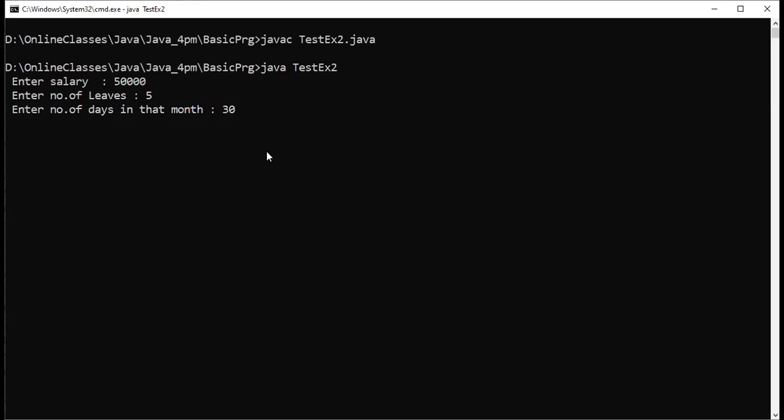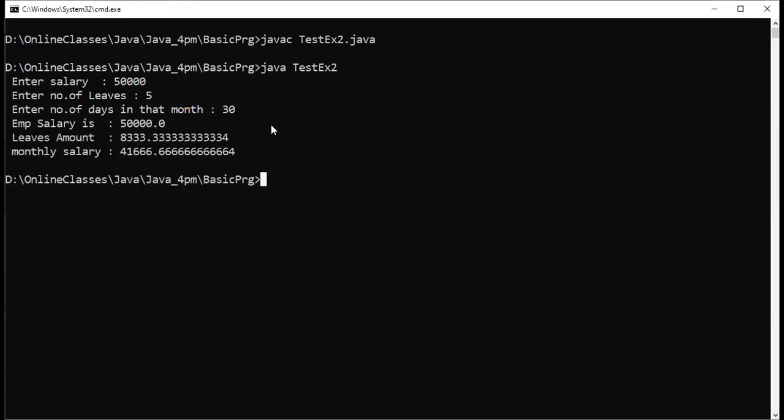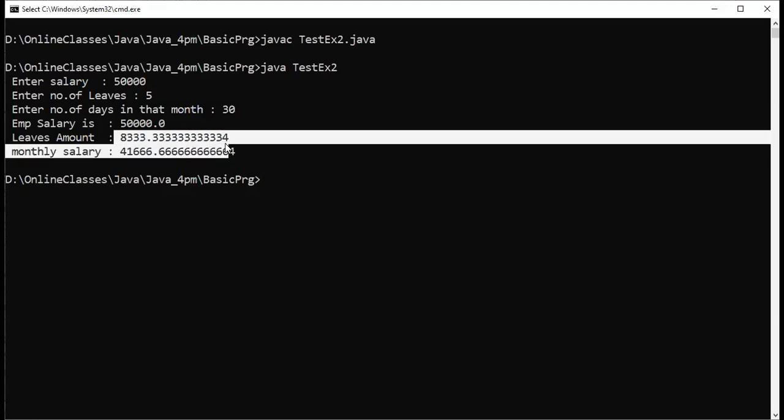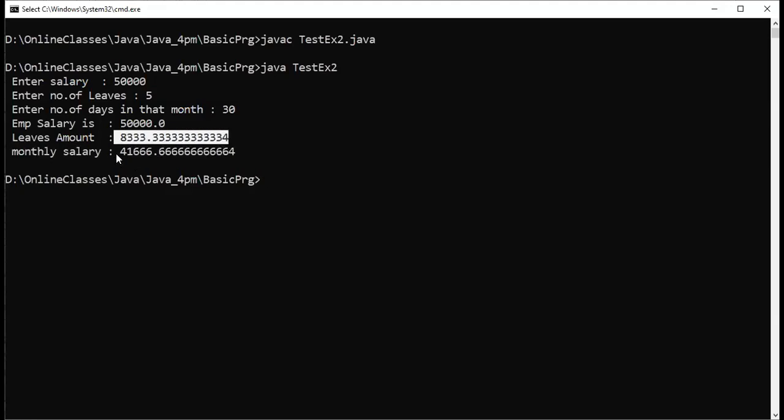Per day around 1,666 rupees. So total leaves amount is 8,333 rupees debited. Balance amount is 41,666 rupees.